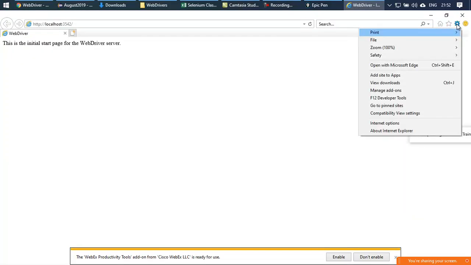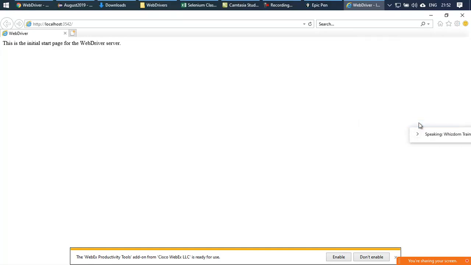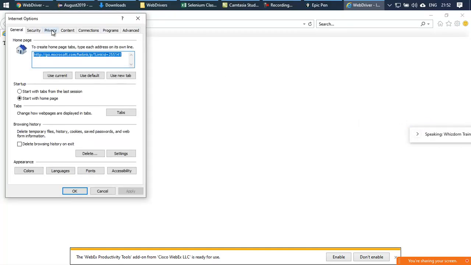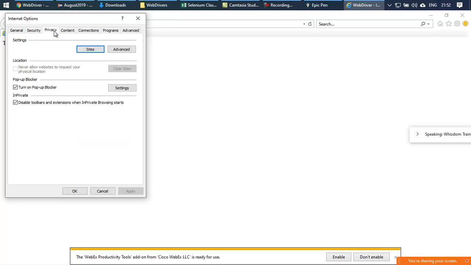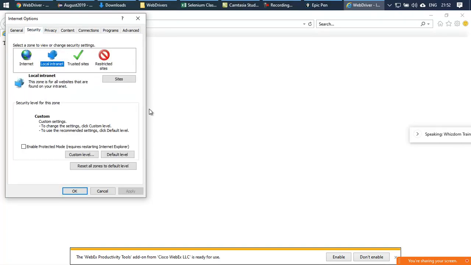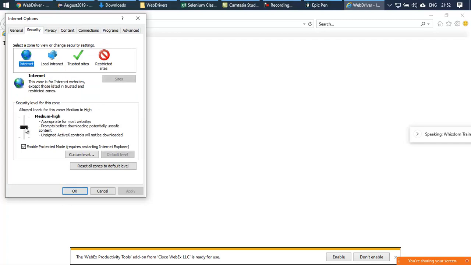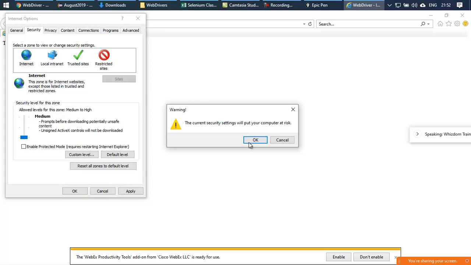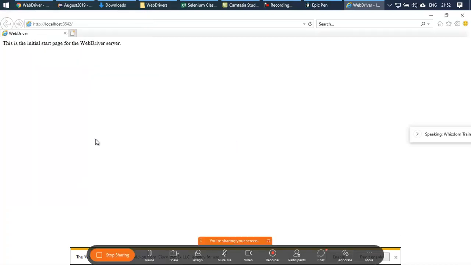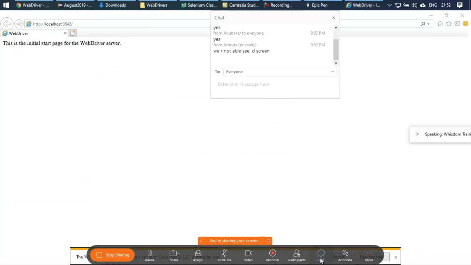There are few things you need to do. Go to this, that is tools, then Internet Options. Here in Internet Options, you need to go to this privacy, okay, and security. Here in security, what we need to do is that you need to choose one thing, that is Internet, and set the level to medium. Disable this enable protected mode and click on OK. This would give you a warning that this would put your computer at risk. Just go with it and you're done. Now over here,